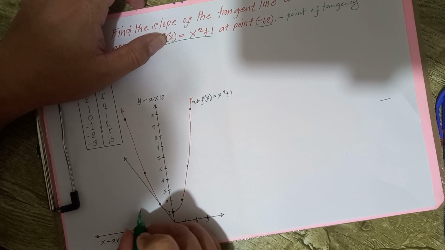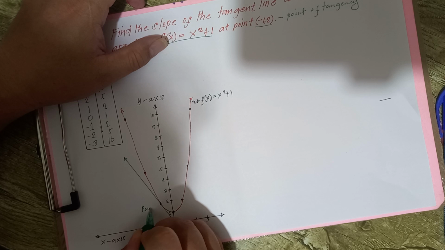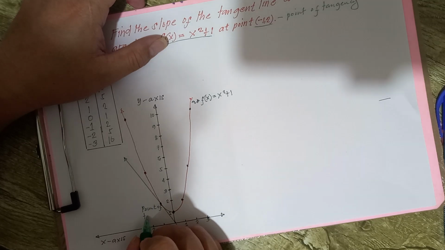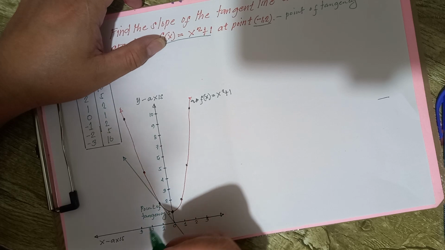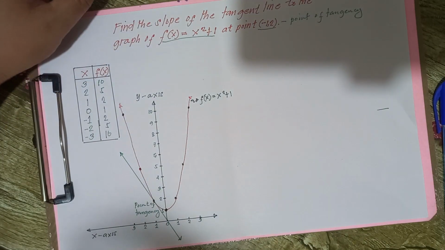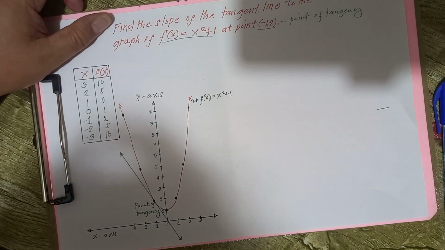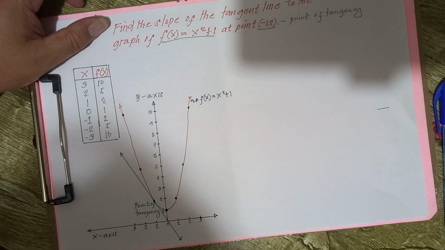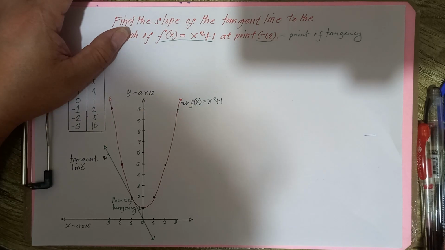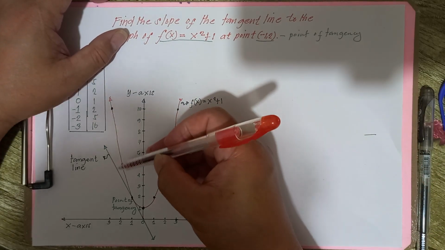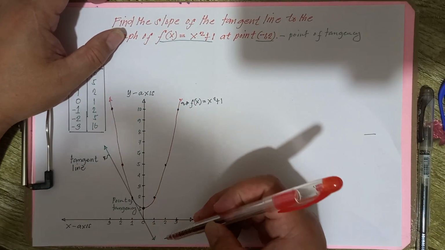That is the point of tangency. What is the point of tangency? The negative 1 and positive 2. Now, after knowing the point of tangency and the tangent line,